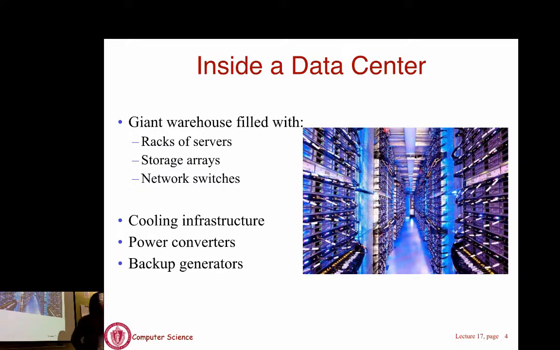This is super cool with all those lights. So the racks of servers provide all the computing power that the data center needs to sustain all the users, and the storage arrays hold all the data that users put there, or applications and logs. Then network switches are of course used to interconnect all the servers together, as they cannot function as standalone machines. They have to be interconnected with each other in order for this distributed setting to work.